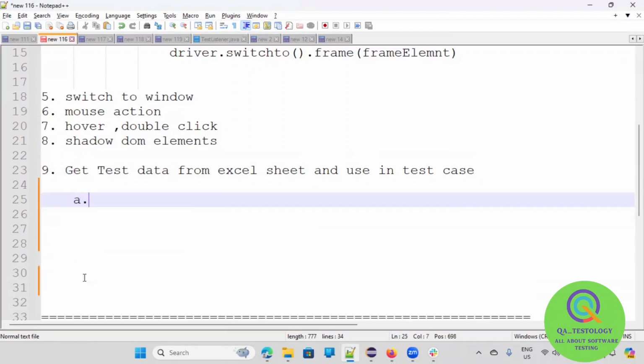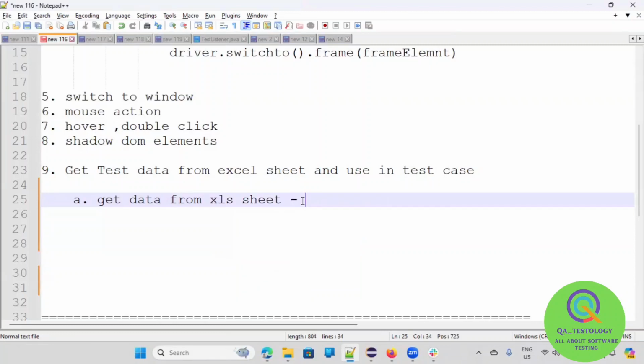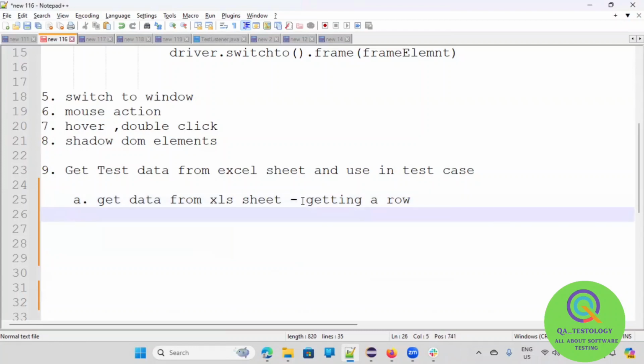First thing, get data from Excel sheet. That is for sure. Okay, so you have to check that you are able to get the data. And basically, when I say get data from Excel sheet, it should be getting a row from a sheet where the test data is present. Okay. Second part